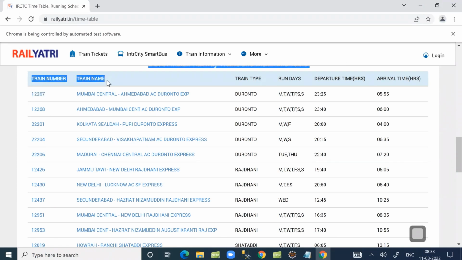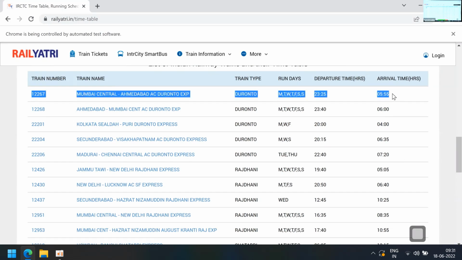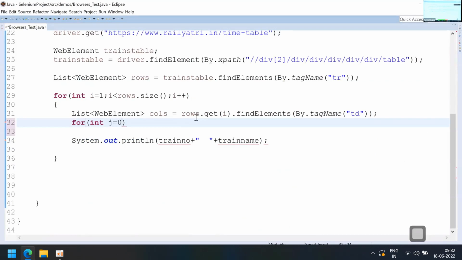In the previous code, we did not want the 0th TR element, hence we started from 1. But here we want from 0 to 5. Totally there are about 6 TD elements in the columns, ranging 0 to 5. We want to access 0 to 5 columns of the TR element. You have to start the value from 0, j less than